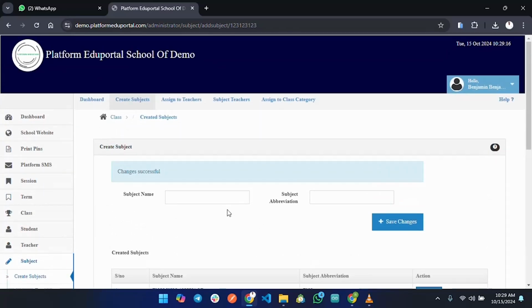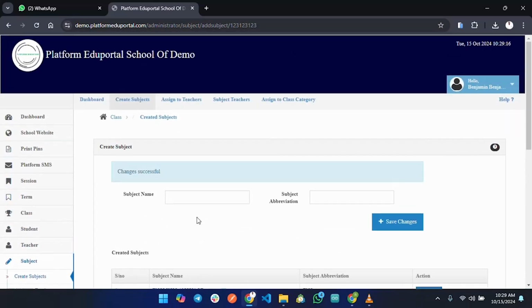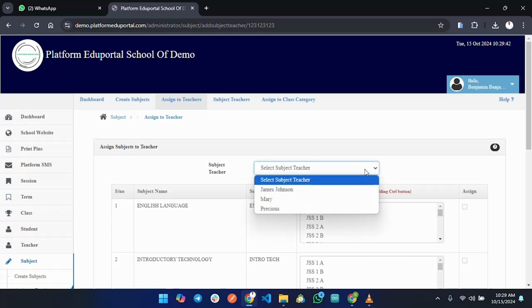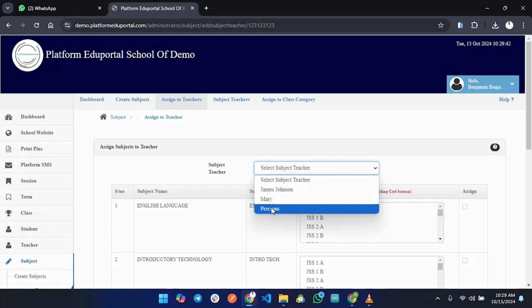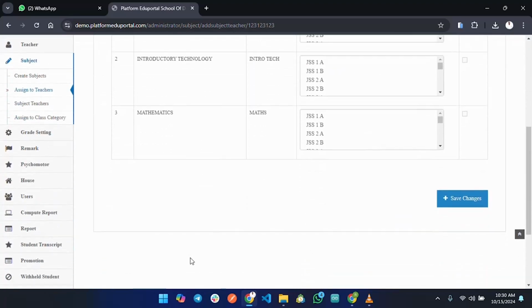Now this is not all. So next thing we want to do, we want to assign each of these subjects to one of the teachers we just created. So you click on assign to teachers. So here we have the subject teacher. When you click on this drop down, you will see a list of teachers you have created. Here we have created 3 teachers. So we click on one of these teachers, let's say James Johnson, and here we want James Johnson to take English language for primary